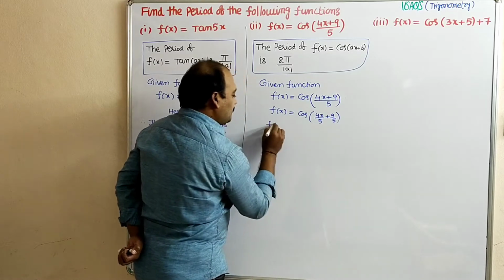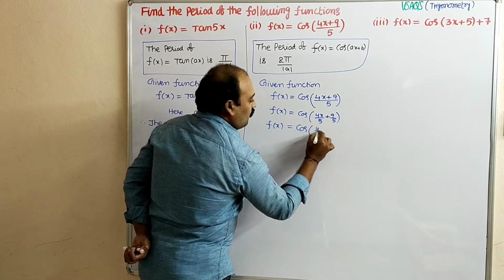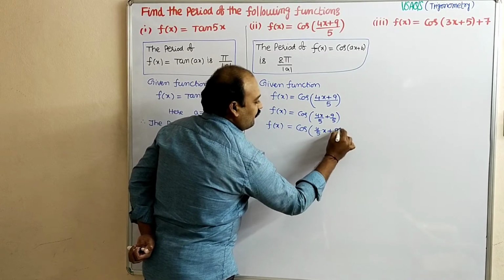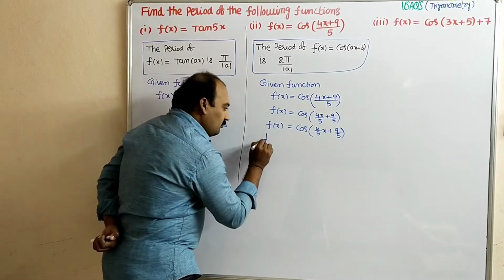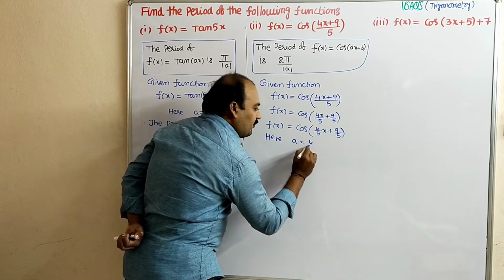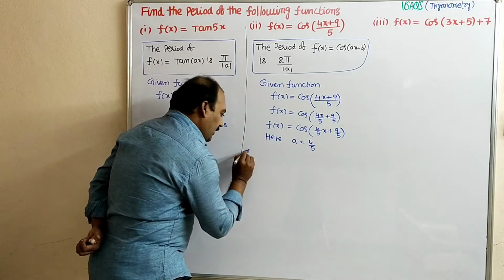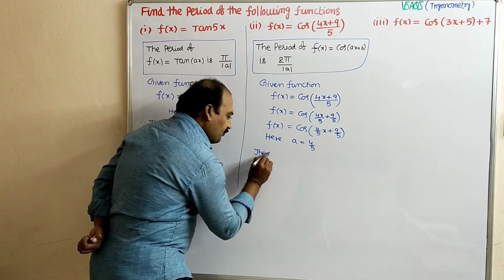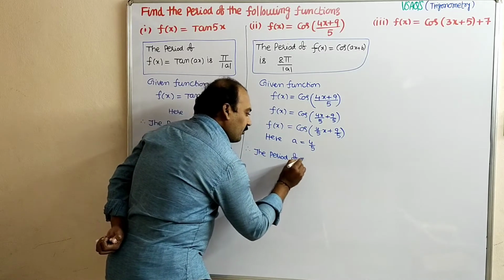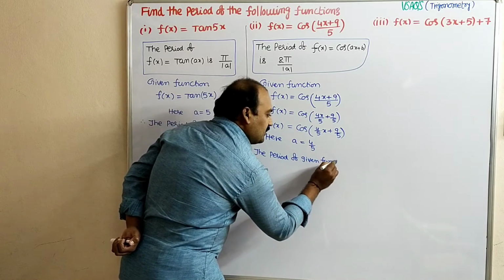So you have to write it as f of x equal to cos of 4 by 5 into x plus 9 by 5. Now here a is equal to 4 by 5. After getting the value of a, the period of the given function f of x is